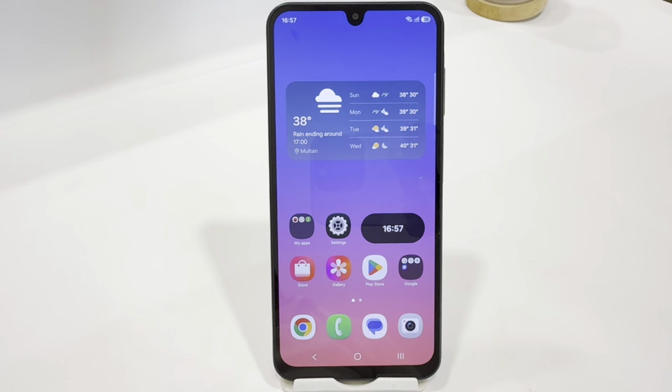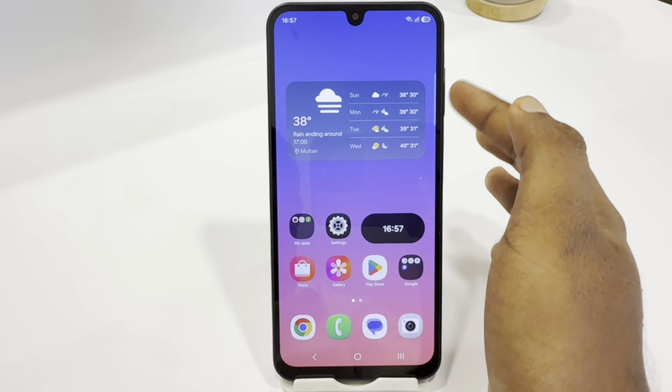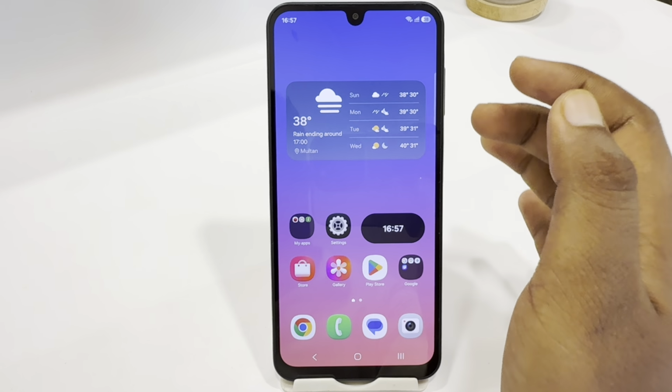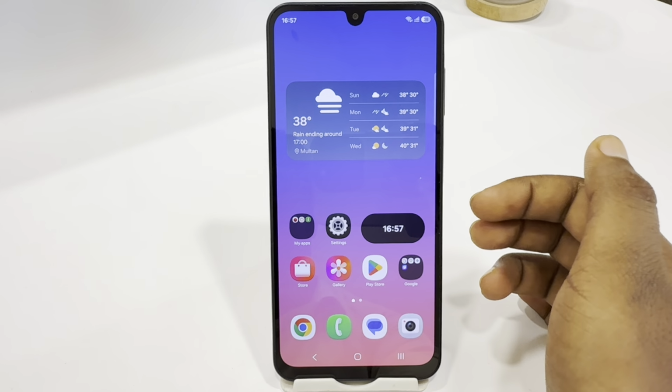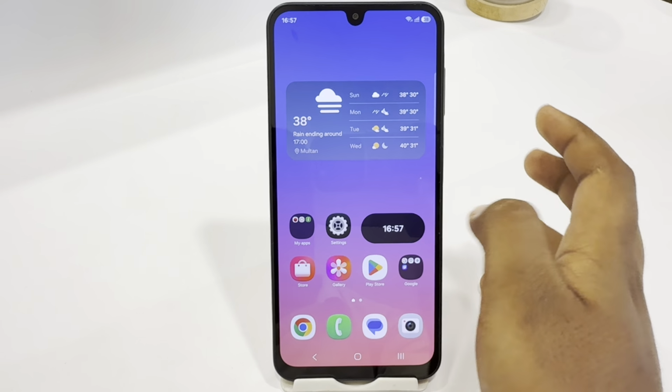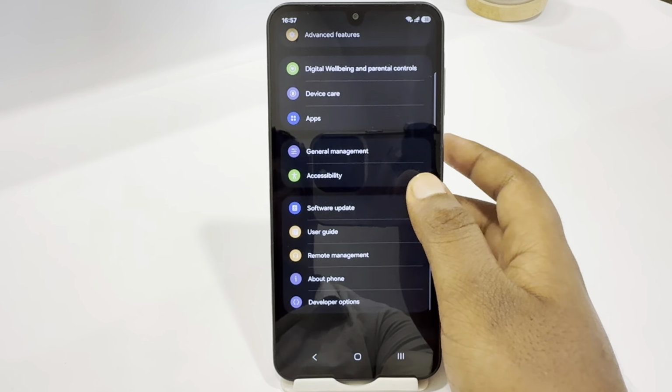Hey guys, today I'm going to tell you how to fix the volume button not working in Samsung Galaxy A16. If you're using A16 and you're facing the issue that your volume buttons are not working, let's see some possible fixes for this. The very first thing I recommend is to go to settings, go to software